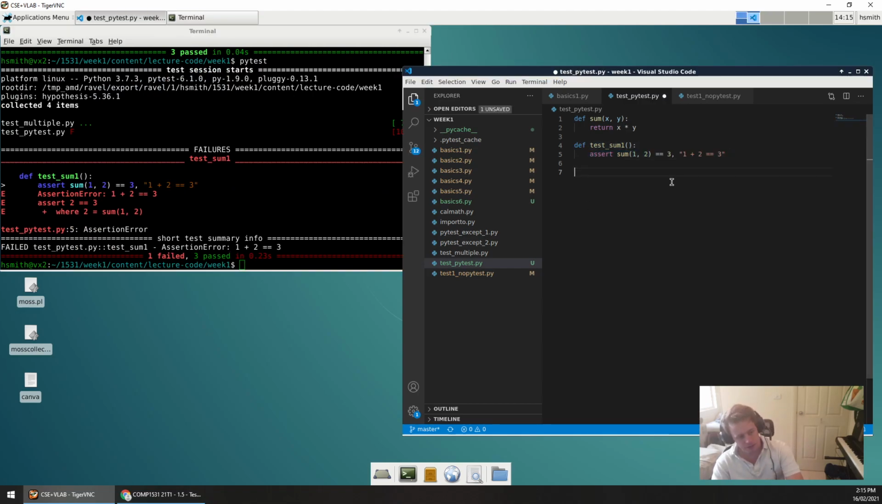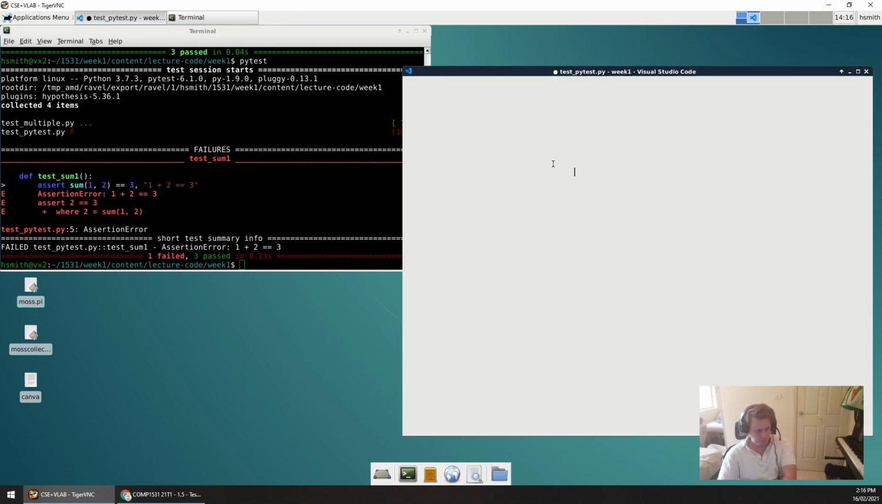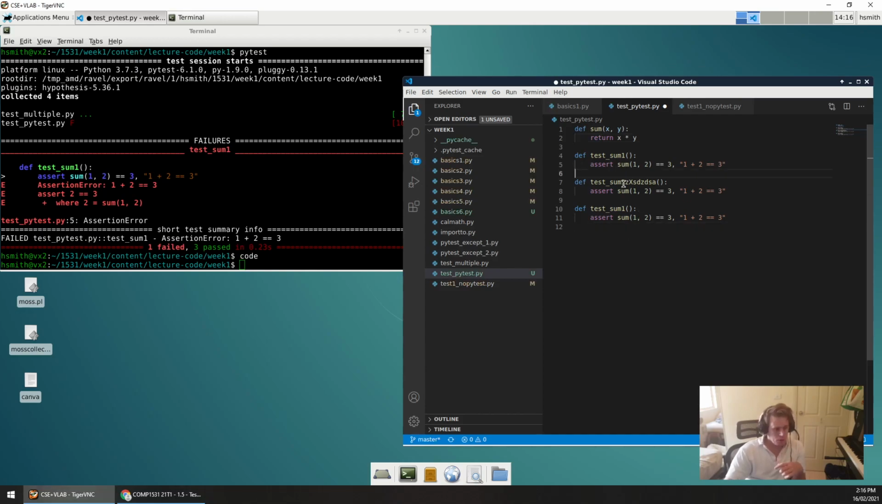If I do another couple of functions, let's have a look at this. VS Code's frozen. VS Code, what are you doing? Oh, great. Okay, so